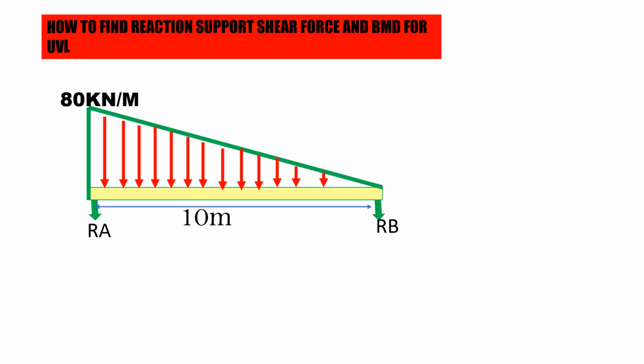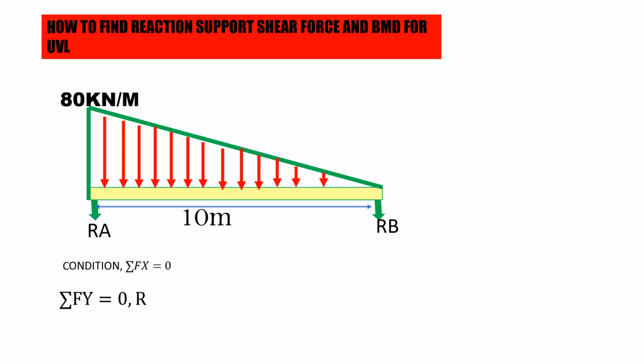So now we are going to find the shear force, reaction support, even the bending moment diagram. As you see, this equation is about uniform varying load, where we have the reaction support A and the reaction support B, and distance between this reaction support. Also, condition for finding the reaction support, the summation of force on X will be equal to 0, and the